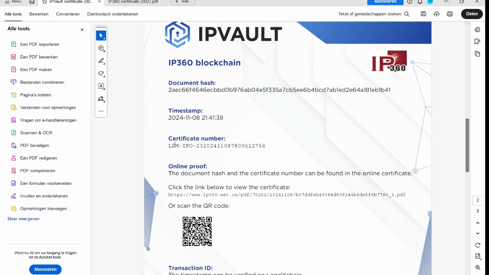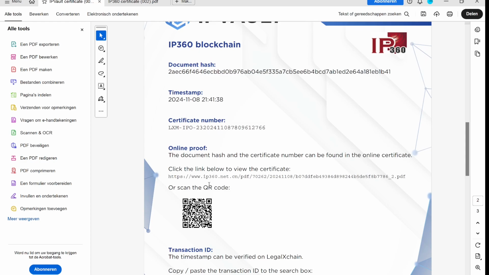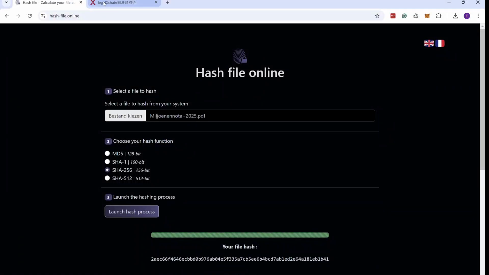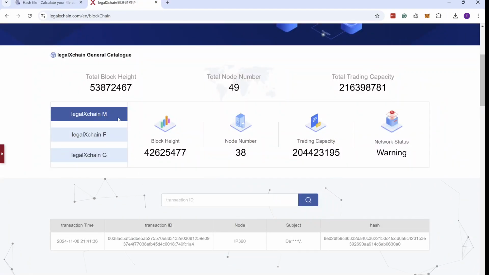And if you want to, you can click on the URL, and we'll pause it for a second because you can actually scan the QR code right now to get an online copy of the IP360 certificate. So what we're going to do now, because it's nice to put it in a PDF, but we copy paste the transaction ID, and we're going to go to a public resource with access to the blockchain, and we're refreshing the page as we speak,